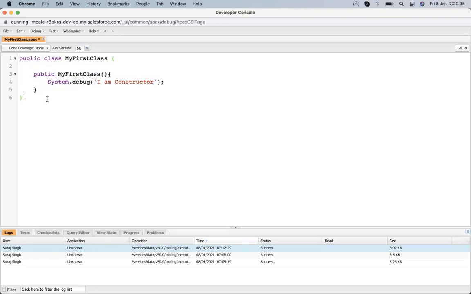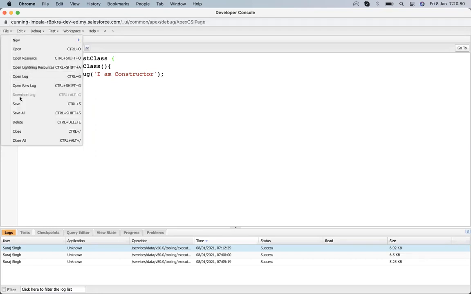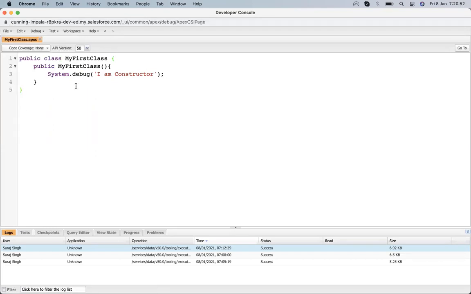Now the main question is how we call or execute a class inside Salesforce. For saving a class, I can press Ctrl+S, or come up here and click Save. Both work. The next question that arises is how we call a class inside Salesforce.